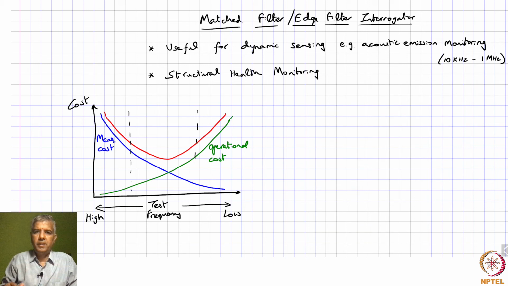And we can clearly define 3 different regions of operation. So one is what we are calling, in this case, corrective maintenance. So only when a fault happens, you actually do the maintenance, right? Because you are not testing very frequently, right? So you may actually end up doing the maintenance only when you have a large fault,